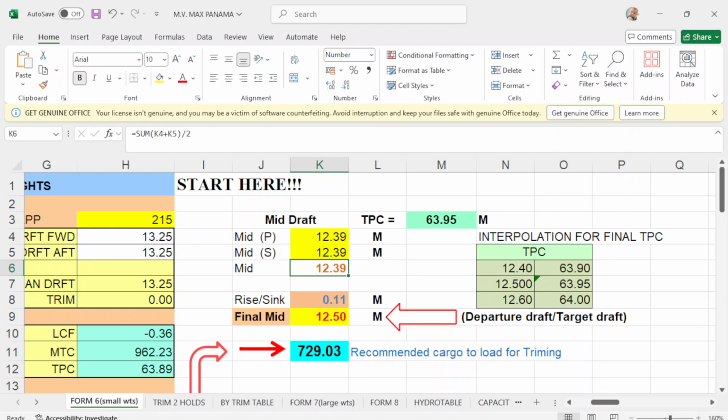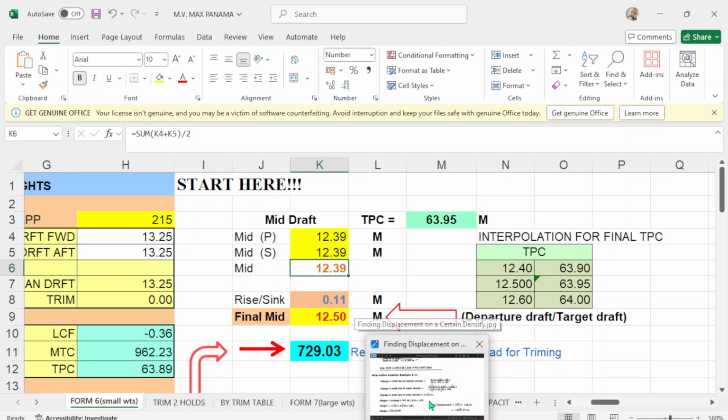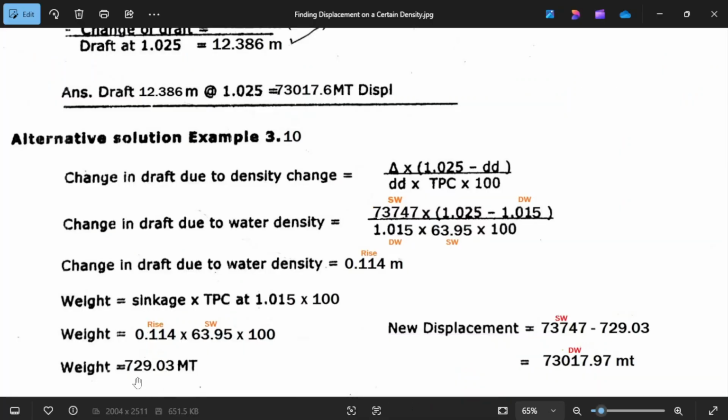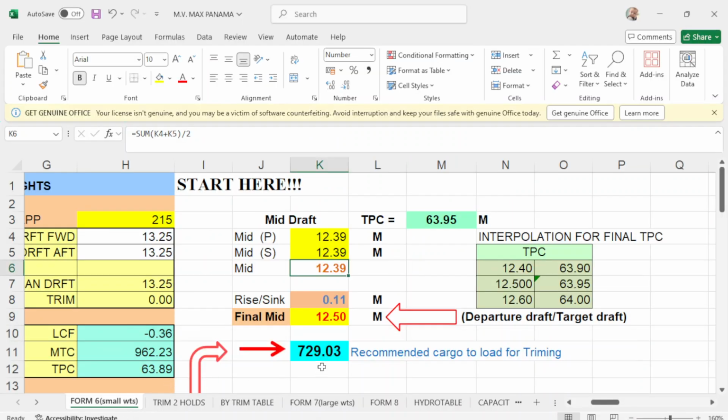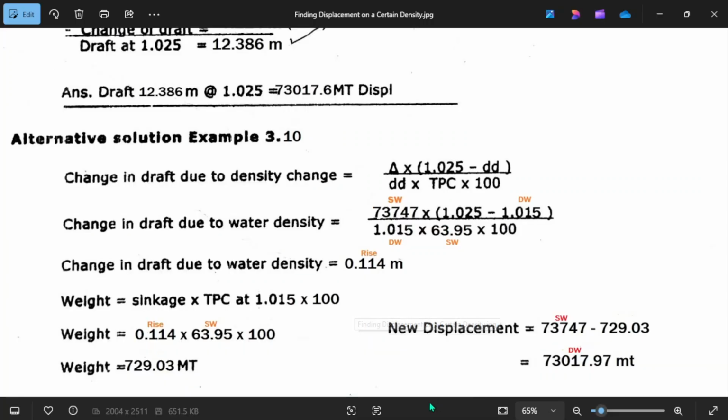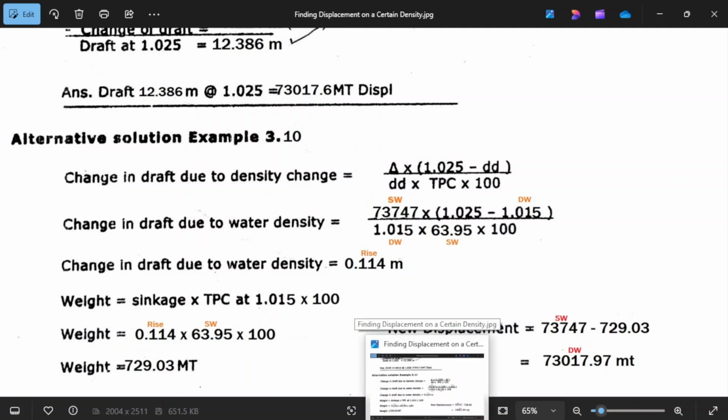How much is the weight? The weight is 729.03. And what is our weight here? 729.03. Okay, again 729.03. So again, go to the program.